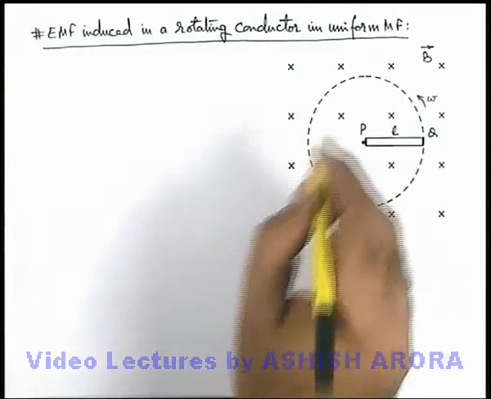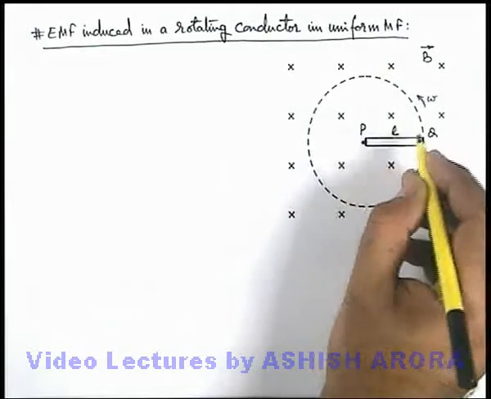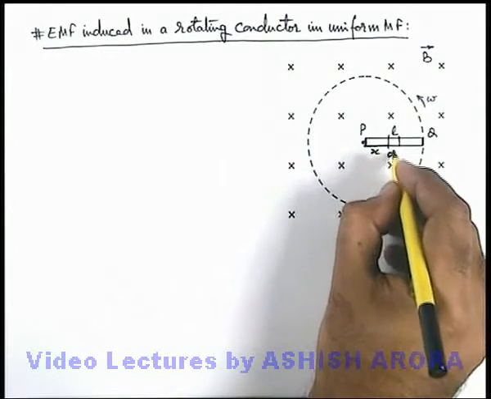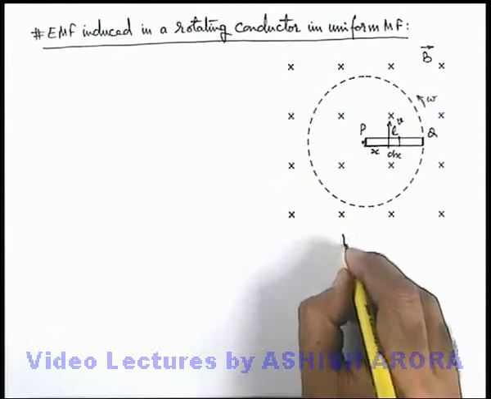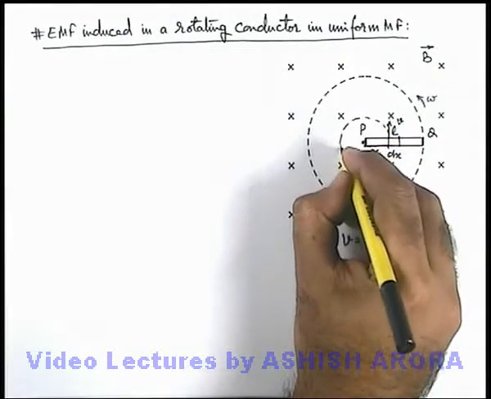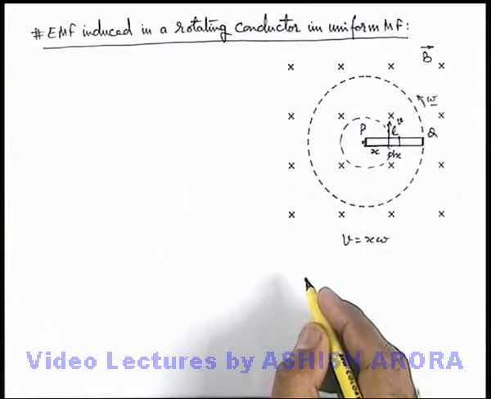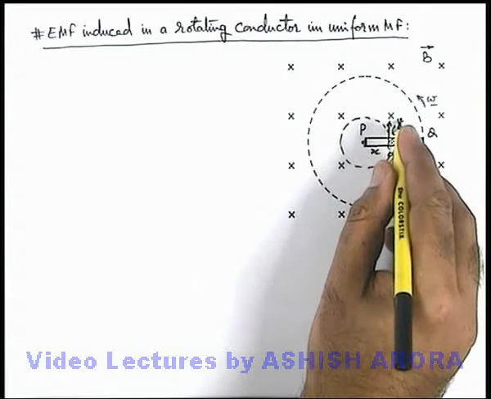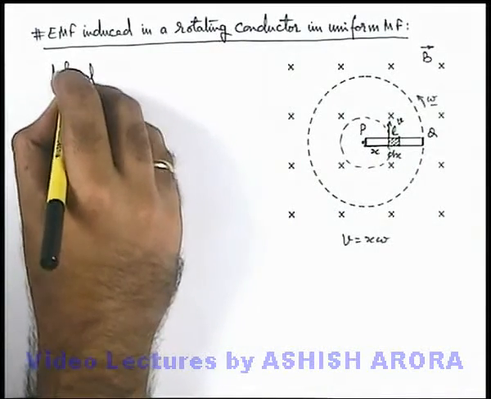law. In this situation, as at every point of the rod the velocity is different, we consider at a distance x from the center an element of width dx. The velocity of this element is v, and v we can write as x omega, where this element dx is revolving in a circle of radius x with the same angular speed omega. Now for this element, which is of width dx and velocity v, it is moving,